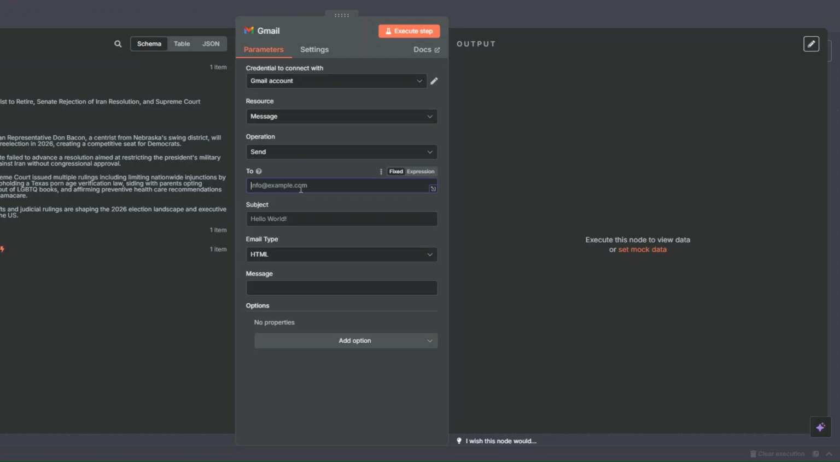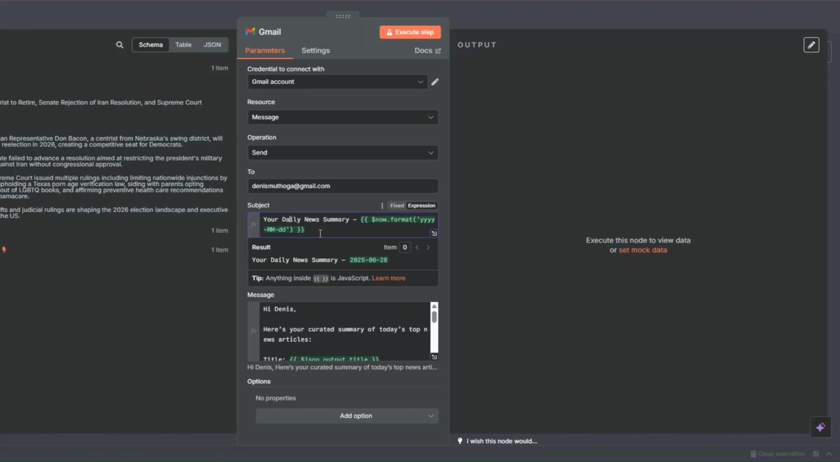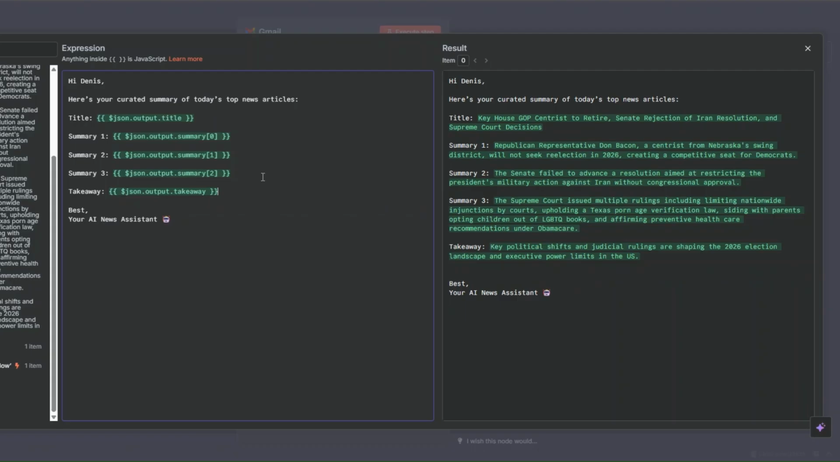you can add your email address. For example, I'll add my email address. And here we can add a subject line and an email body that we're going to send ourselves via email. The subject line of the email could be in the lines of your daily news summary, and here we're adding our date right here. Email type is going to be text, and then the message body could be